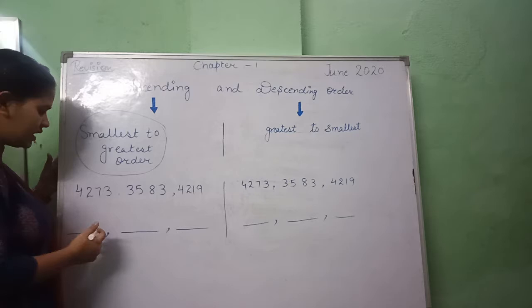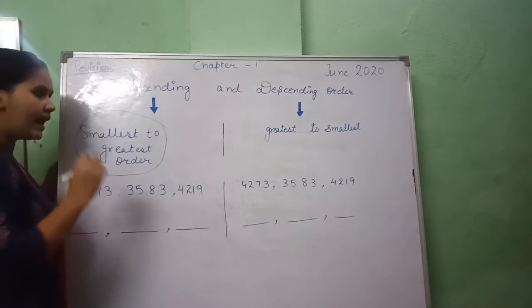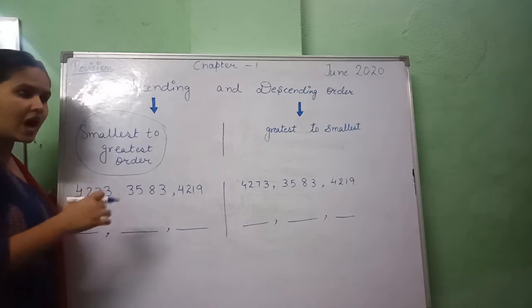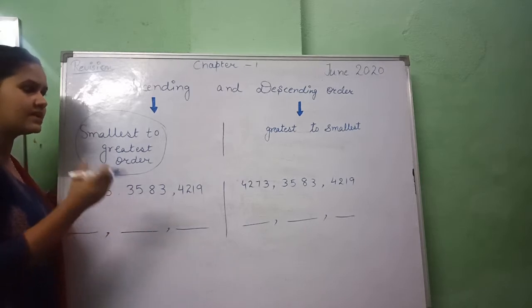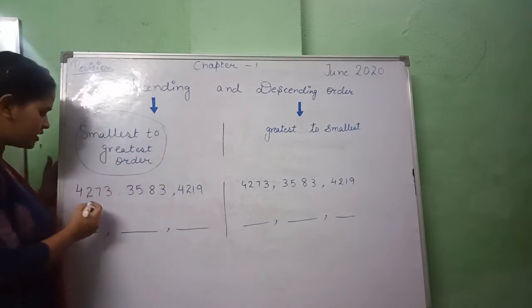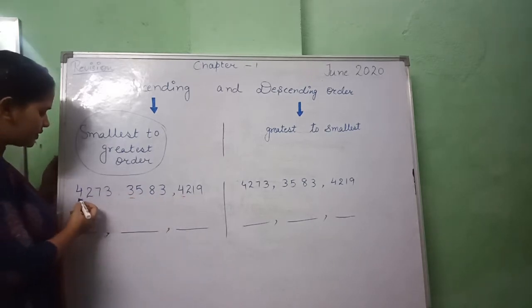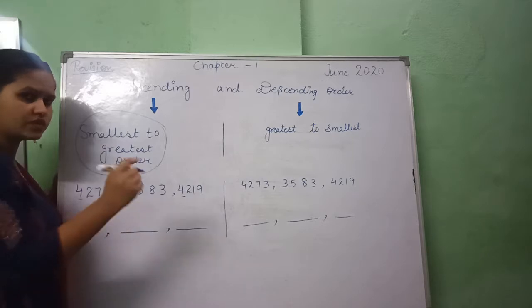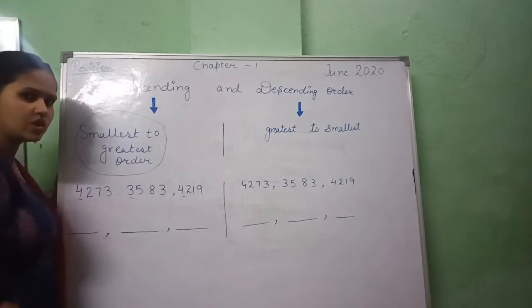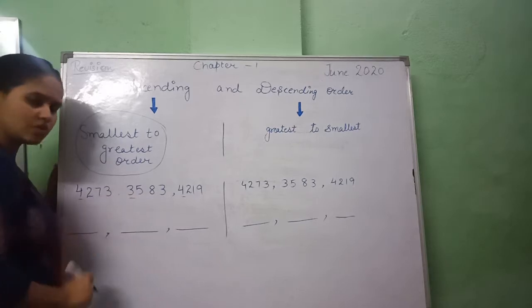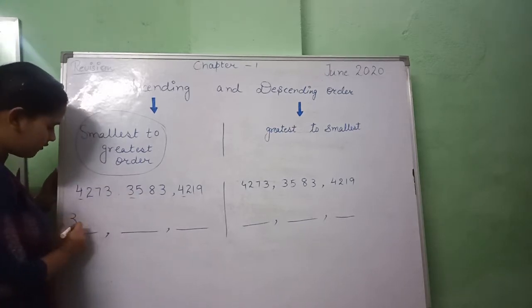So you can see here which one is smallest. As I gave you lessons about comparing numbers, how you can recognize which number is smallest or greatest. Firstly compare the thousands, right? You can see there is 4, there is also 4. Which one is smallest? 3 is smallest. So between these three numbers, the 3 is smallest. So we will take it here first,